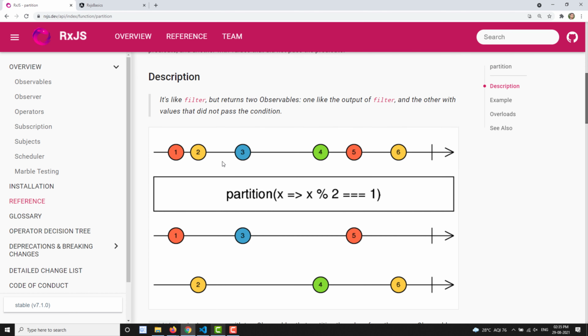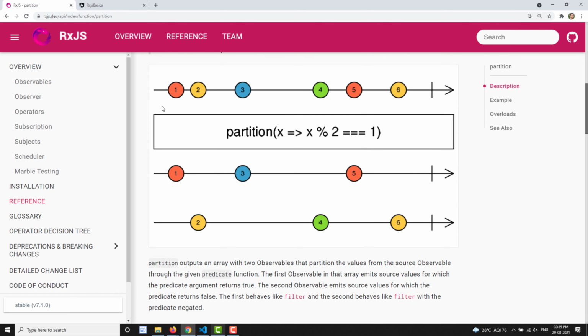Now let's try to see this marble diagram. Here we have a source observable which is emitting the values, and here we have a partition operator, and a predicate function such that x mod 2 is equal to 1. That means take only the odd values. Now this will be split into two observables, that is an array of observables. The first one will be the values which satisfy the condition, that means 1 mod 2 is equal to 1.